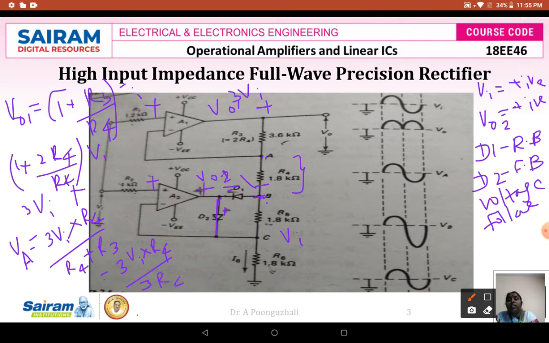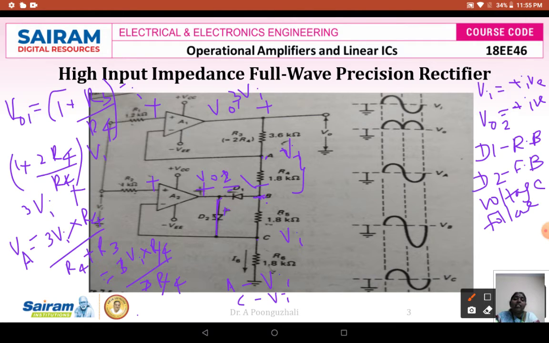So that means that this R4 and this R4 get cancelled, and this 3 and this 3 get cancelled. That means the output voltage is going to be here. So this is your 3, this is the value to be your Vi. So the voltage at your terminal A is going to be Vi, the voltage at terminal C is also going to be Vi, and the voltage at terminal B is going to be 0.